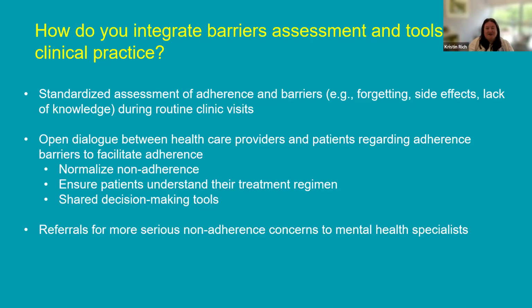As you guys probably know, there's a lot of pressure on families to please the doctors, say that we're doing things correctly. Yes, we're doing exactly as you've told, but unfortunately, if they are saying that, but we're not seeing improved symptoms, this can create some clinical confusion on what to do next. So, part of a way to mitigate this is to really normalize that adherence can be difficult. Let people know that a lot of people struggle with this, and it's okay for you to talk to them about it.